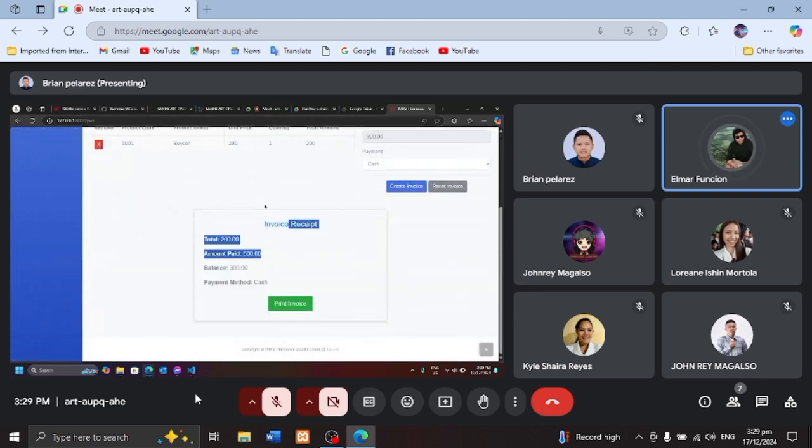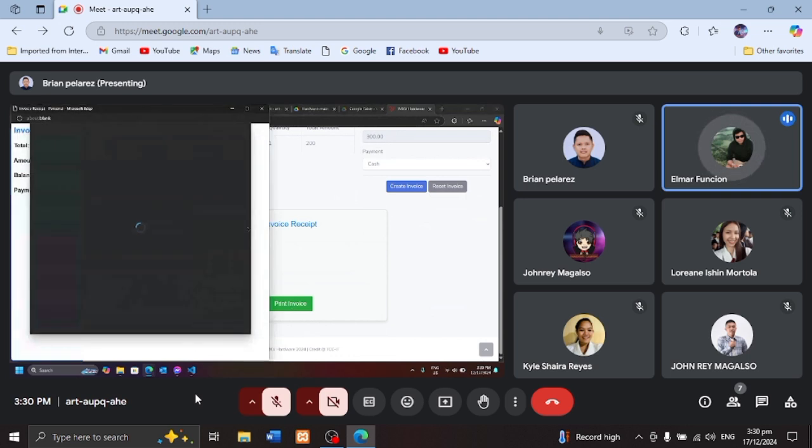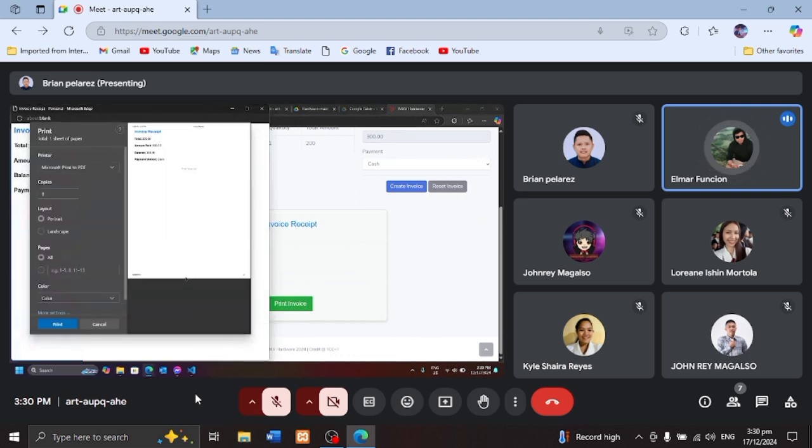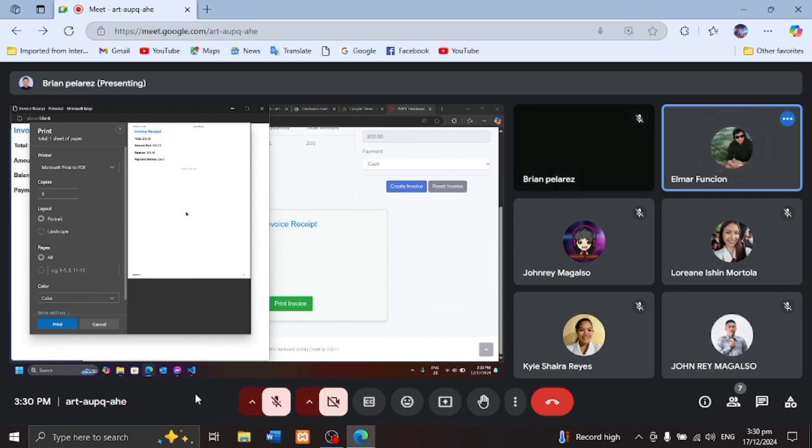As you can see, the receipt is documented. We're going to click the process to print the receipt. As you can see, the admin was able to print the receipt.